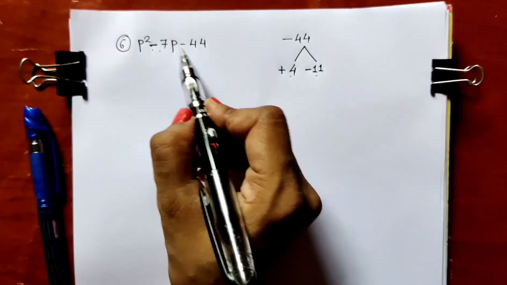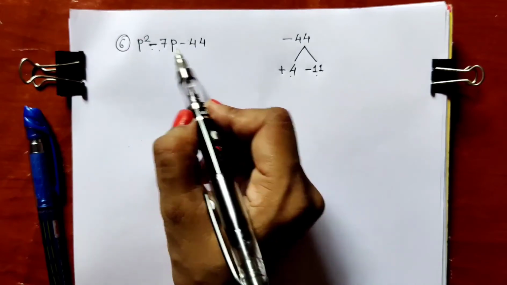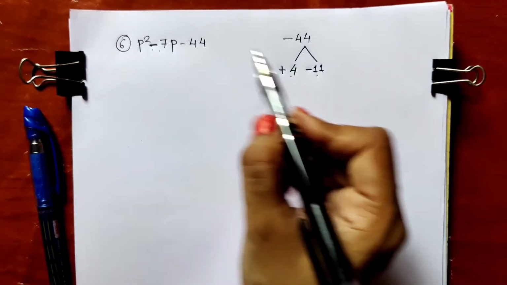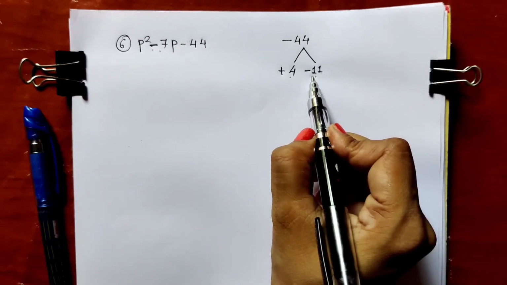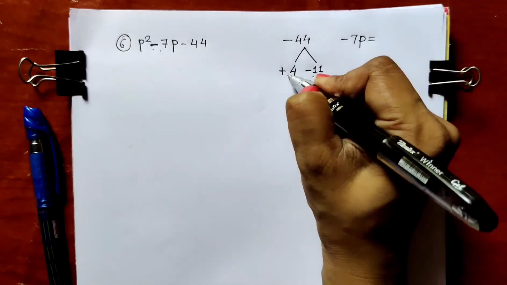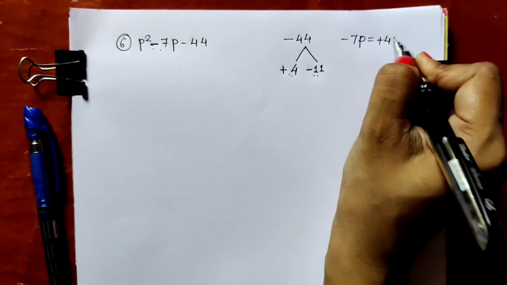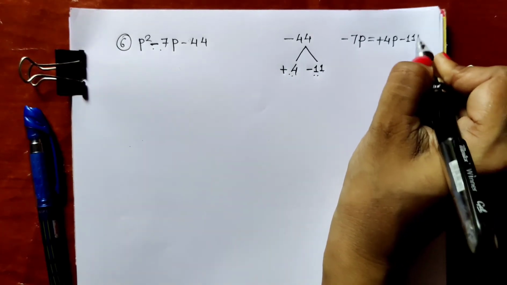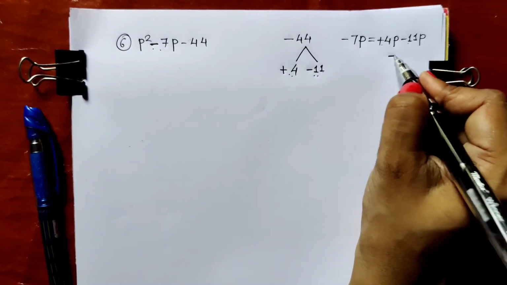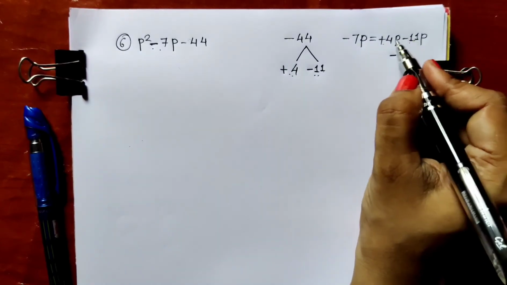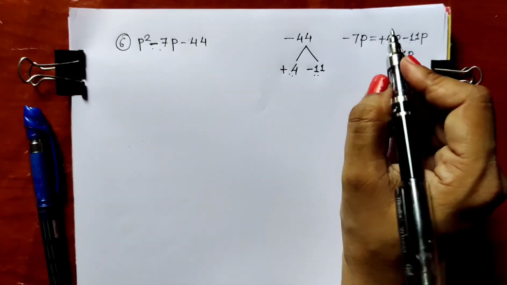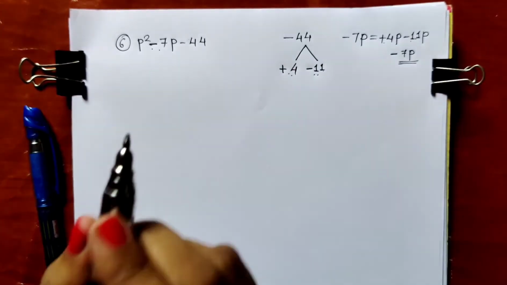When minus sign is there, when we do subtraction of two factors, always keep this in mind. The sign of the middle term should be given to the bigger factor. So minus 7p can be written as plus 4p minus 11p. Plus minus will become minus, the sign of the bigger number 11, 11p minus 4p is 7p. In this way, you should remember the factorization method.